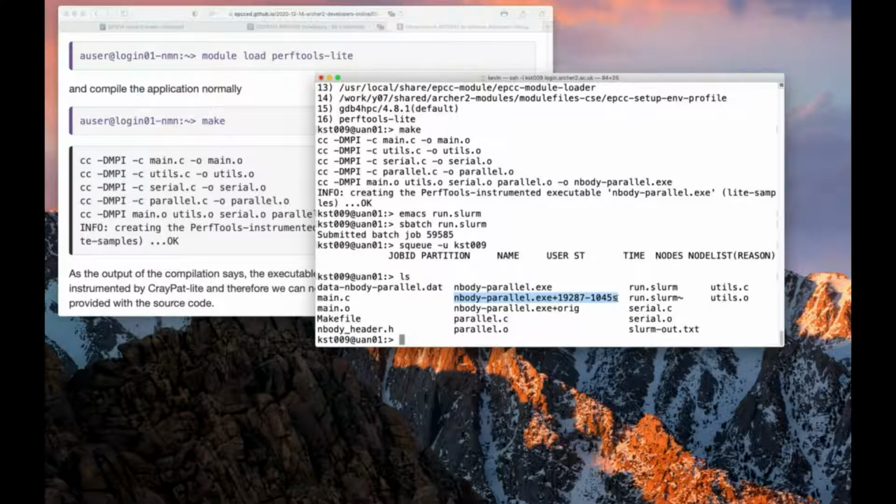There's this strangely named directory, which is actually holding the results of the profiling, and our standard output is down here in slurm-out.txt. So if we have a look at that,